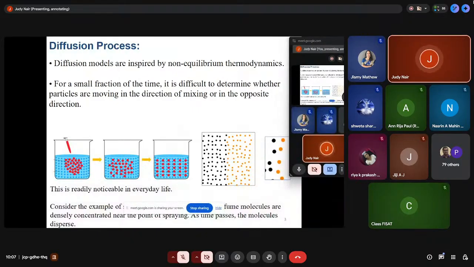For example, as shown in the slide, suppose we have a glass of water and we drop ink onto it. Initially it is highly concentrated at the point where we dropped the ink, and slowly from higher concentration it dissolves and diffuses uniformly throughout the system. That is what is given here.